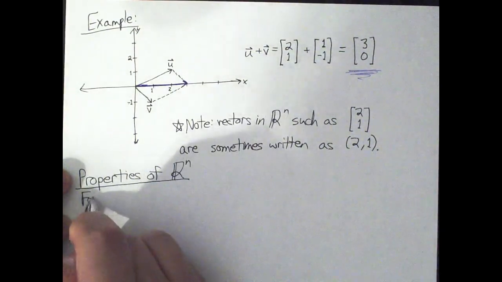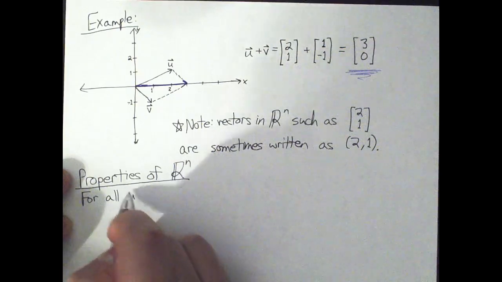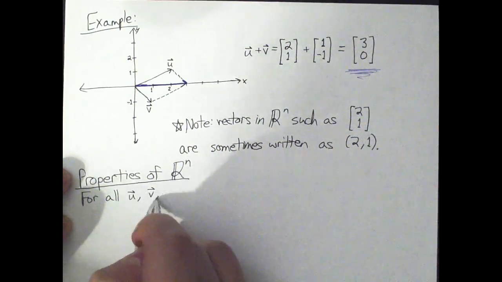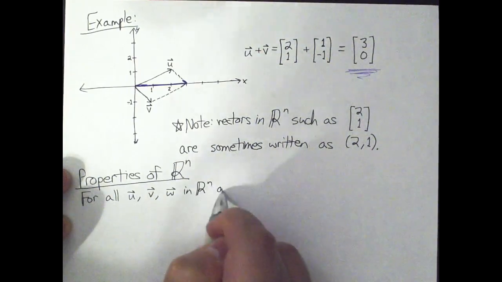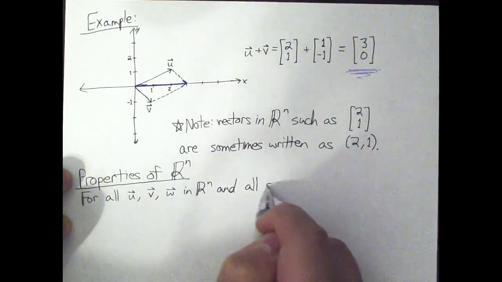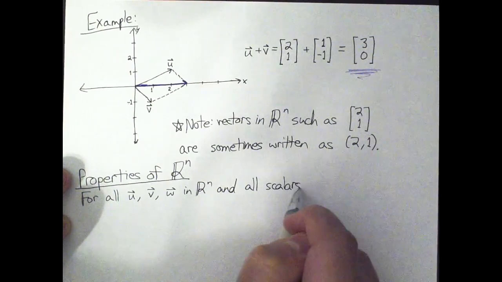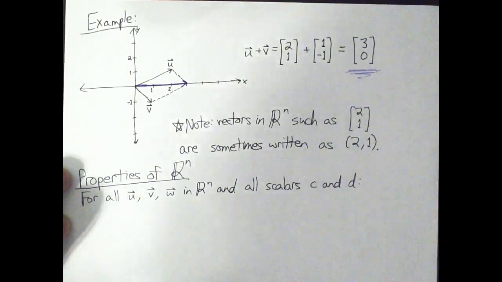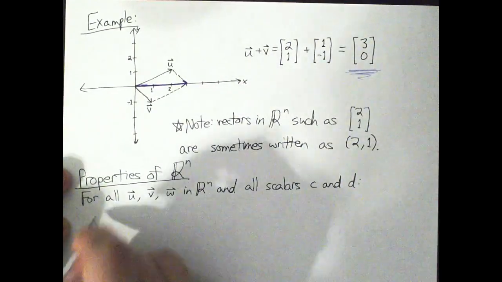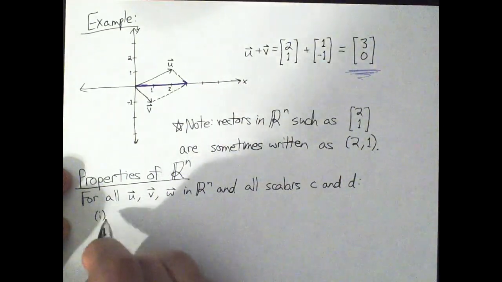So we're going to have a list of properties for all u, v, and w in Rn, and all scalars, we know what that means, c and d. Ready for a list of properties? Let's go. Number 1,